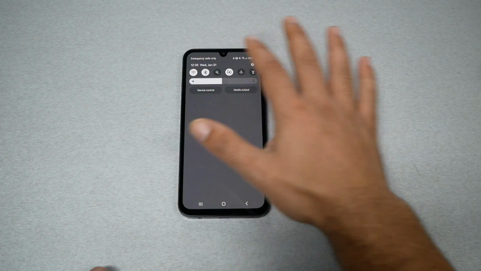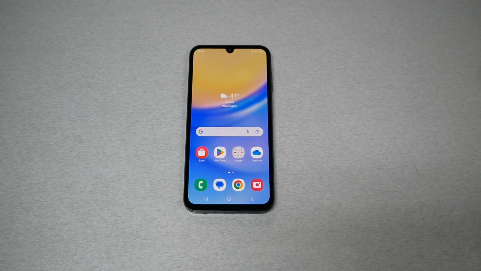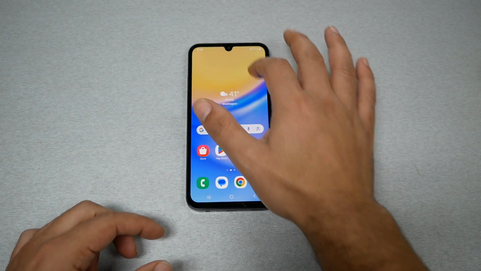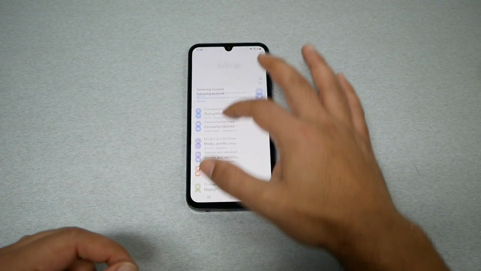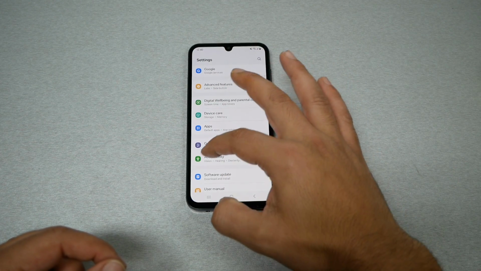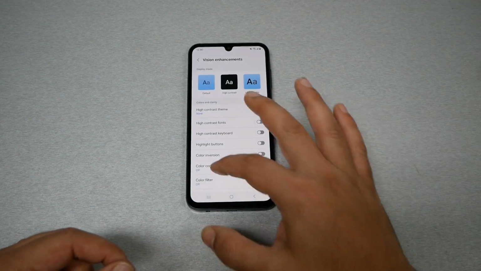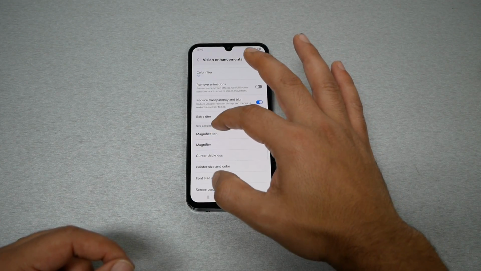It's not going to show anything behind the notification bar. Now for the people who have vision issues, they can't read small font, or if you want to magnify something, Samsung Galaxy A15 has the solution. All you have to do, go to the settings and then go to accessibility